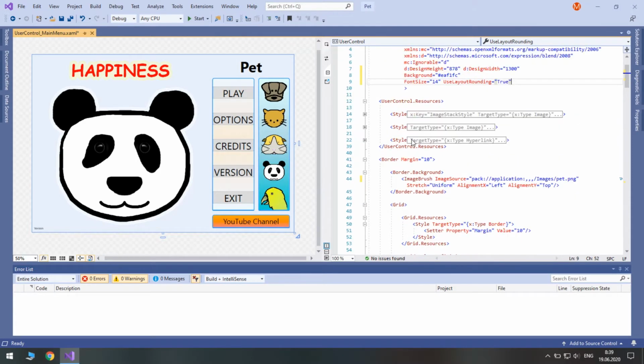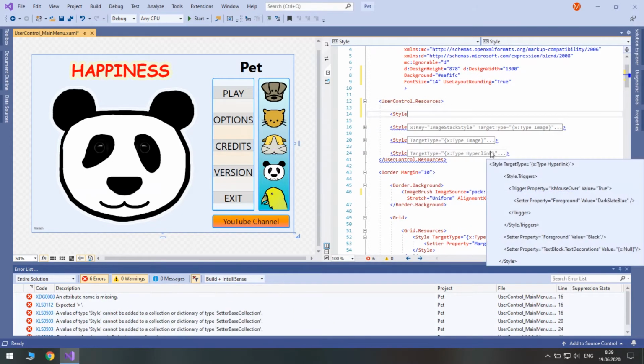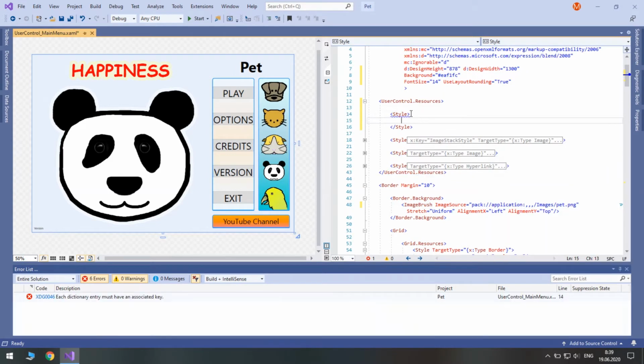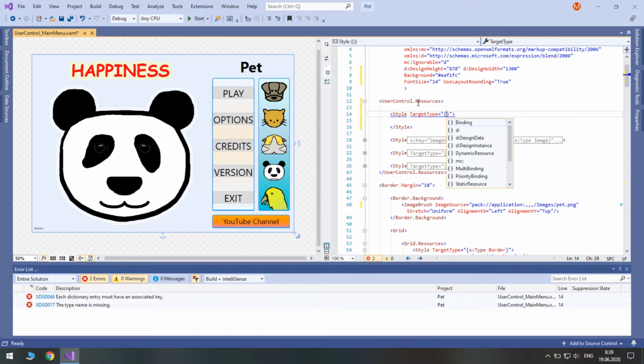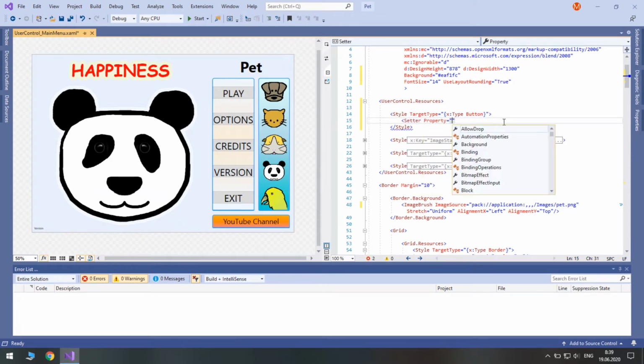Now let's change our resources. We will add a style for buttons here. So style target type equals xtype button. Now we will set properties here. So set a property.